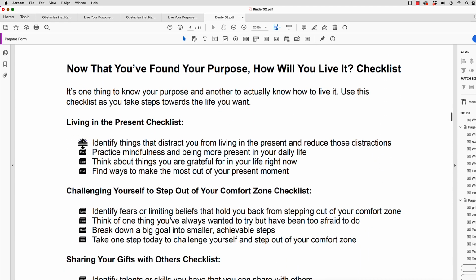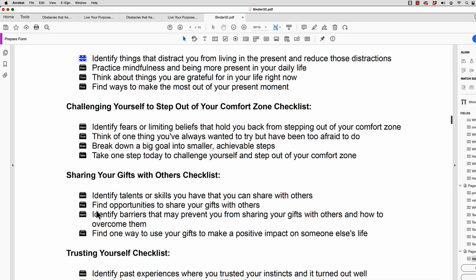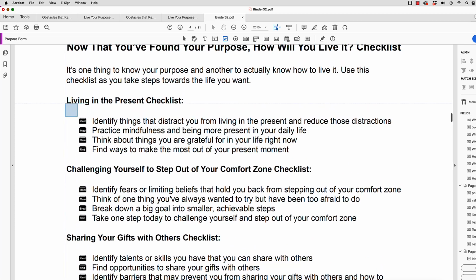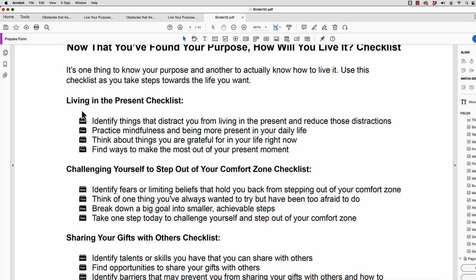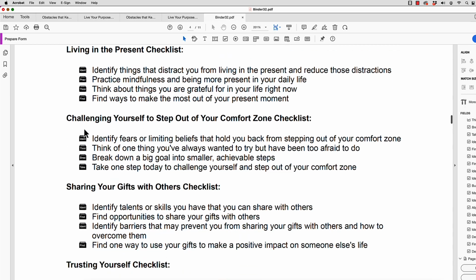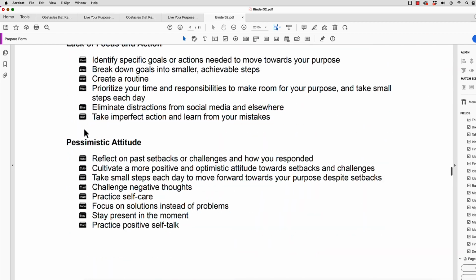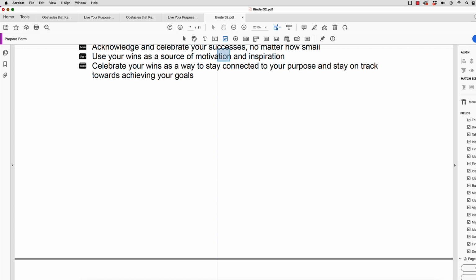And these are the checkboxes. If the checkbox hasn't appeared, then you can basically click up here and then add it here. So for now, I'm just going to show you an example. I'm just going to add the checkbox right up here. Most of them are clickable here, as you can see, but as I said, if it's not clickable, then just take this one here and add it,